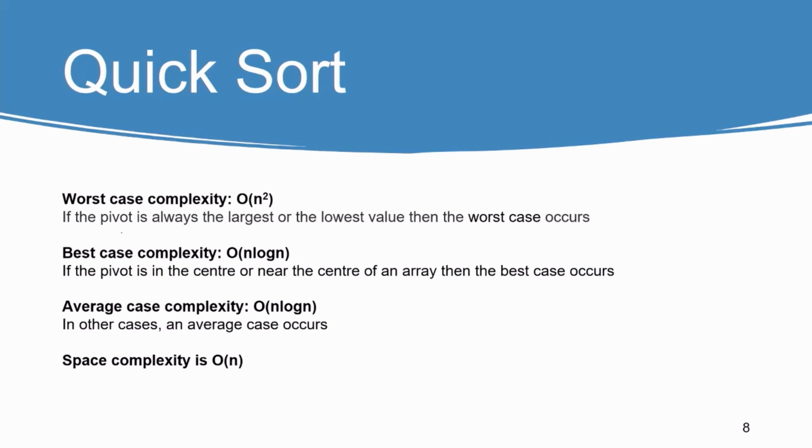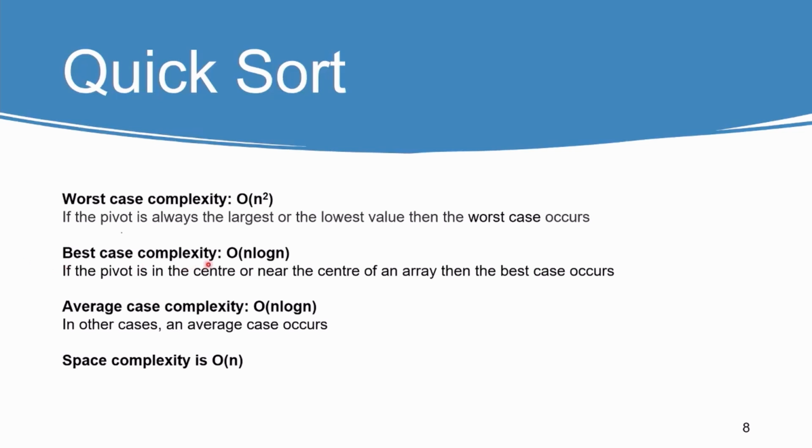Now before we go to the recursion part of the divide and conquer step in the coding part, let's look at the time complexity of quicksort. So the worst case time complexity is O(n^2). This occurs when the pivot is the largest or the smallest element in the array. This causes the left marker or the right marker to run through the entire array, and the number of iterations and the comparisons is maximum in this scenario.